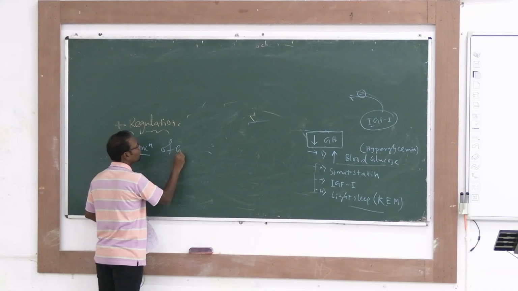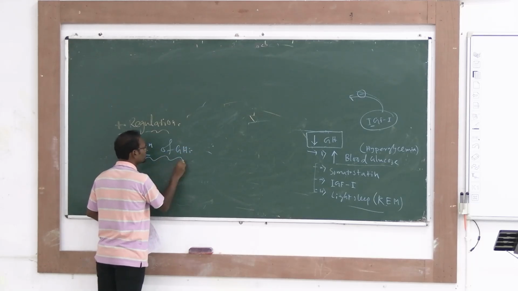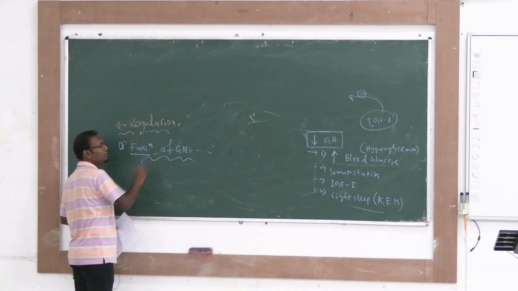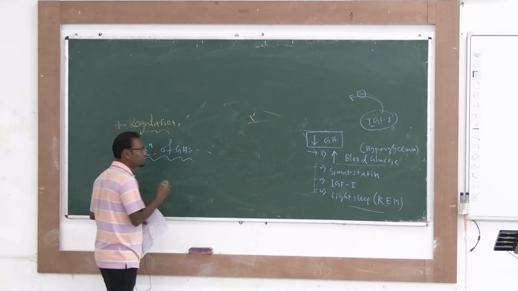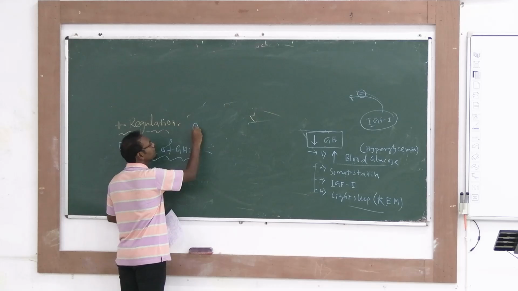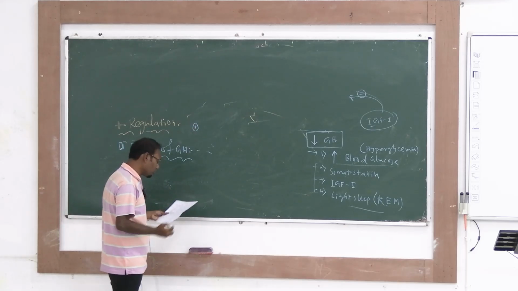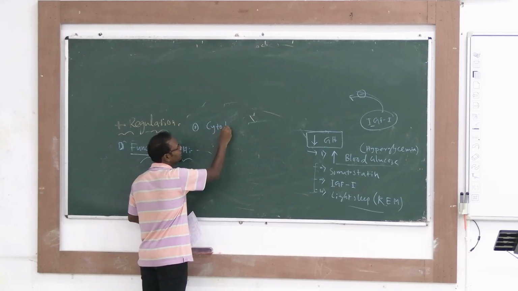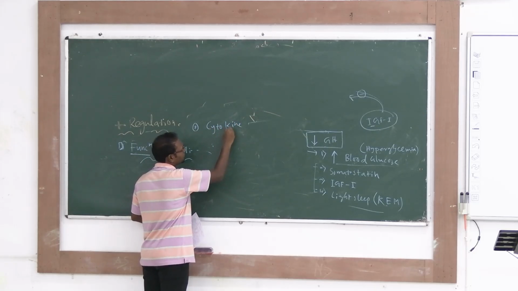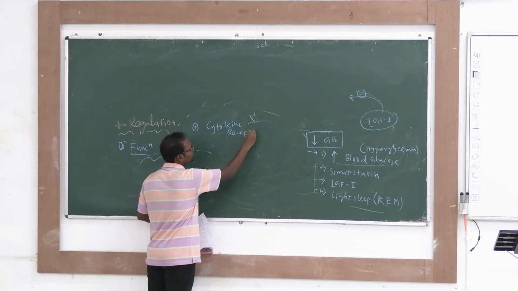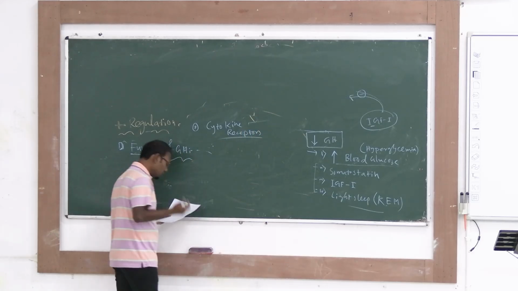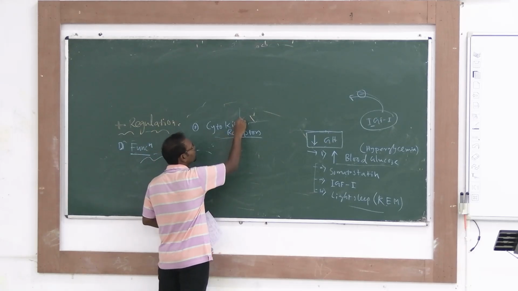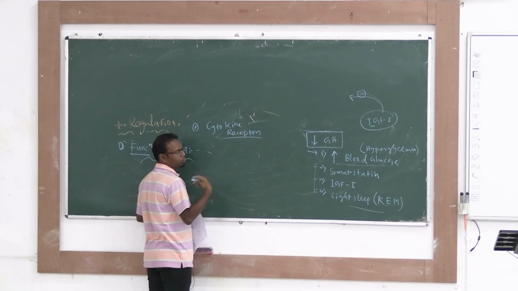Function of growth hormone. What are the functions? First, to function, they must need some receptors. These receptors of growth hormone are a type of cytokine receptors. Cytokine receptors. After growth hormone is released and gets into the cytokine receptors,